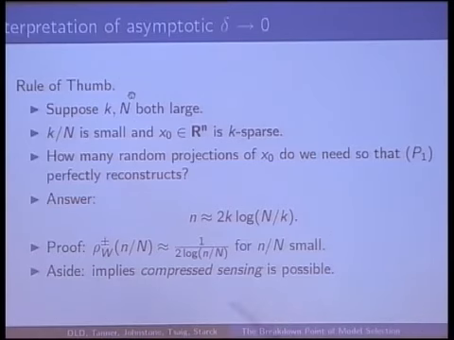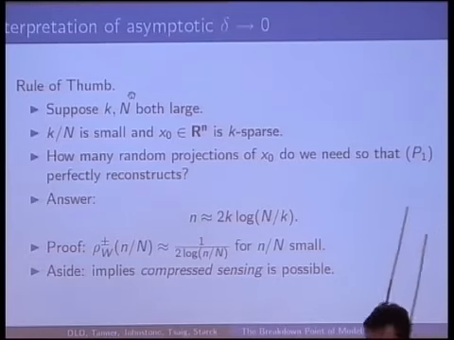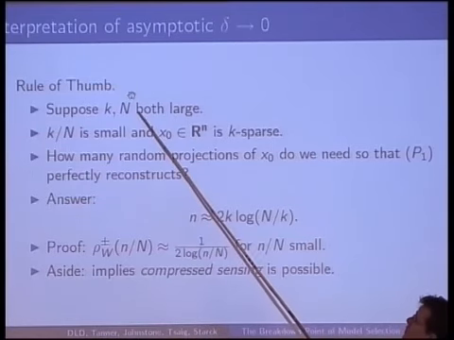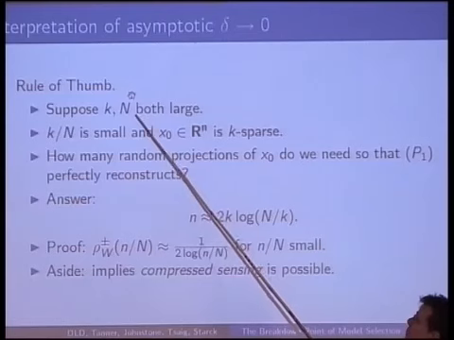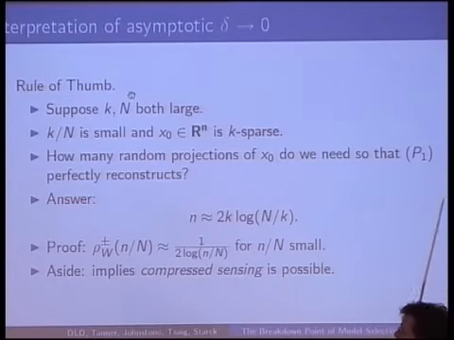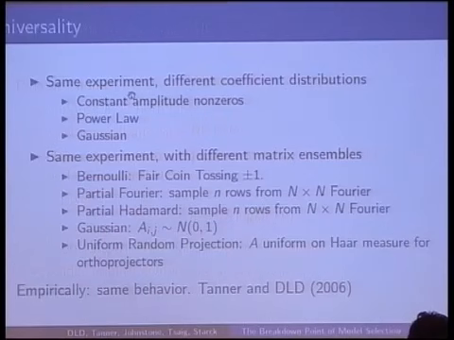And the proof of this is just effectively that asymptotic that we just showed, that 1 over 2 log delta inverse. As an aside, there's a lot of people working on something called compressed sensing, and this shows you exactly that it's possible. It's not necessary to make capital N measurements of something where maybe only k non-zeros exist. You only need to make a small fraction of that if k is small relative to capital N.